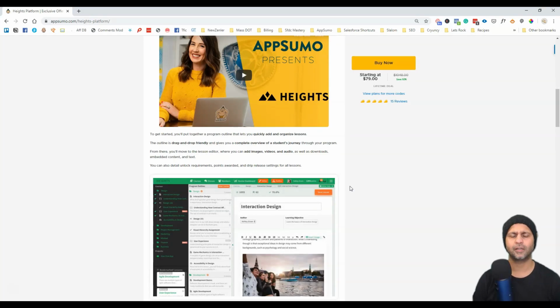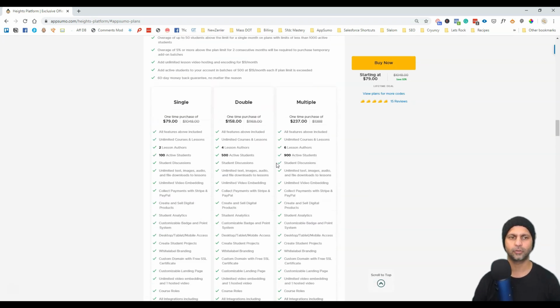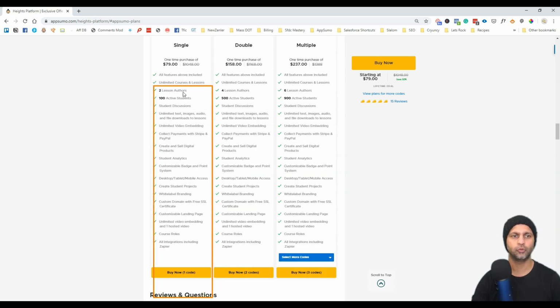So I'm on their Appsumo page, and let me just go down to the plans and codes and explain to you real quick what these different stack up options mean. Their team has been really great, responsive, and editing and changing this as we request new features, as us Sumolings are asking for more and more. So with that, I bought into the first one, which is a single plan, which allows you 2 authors and